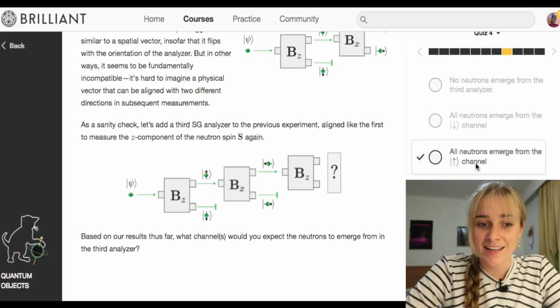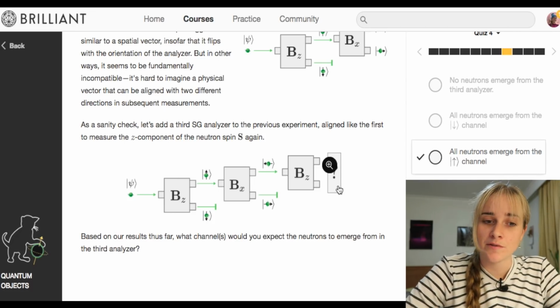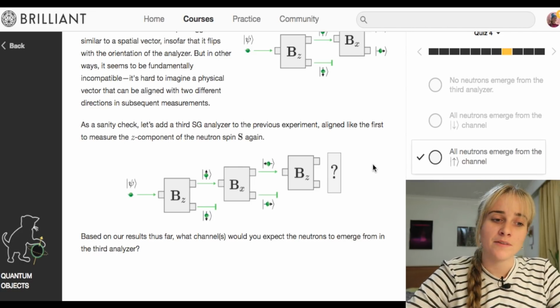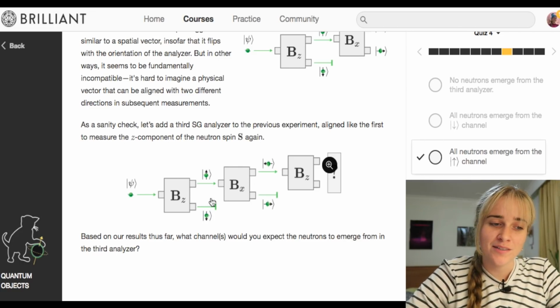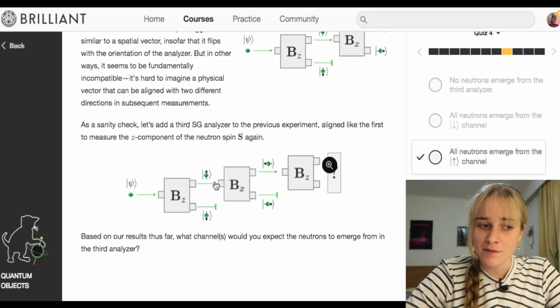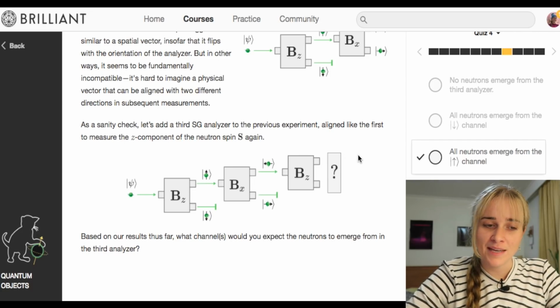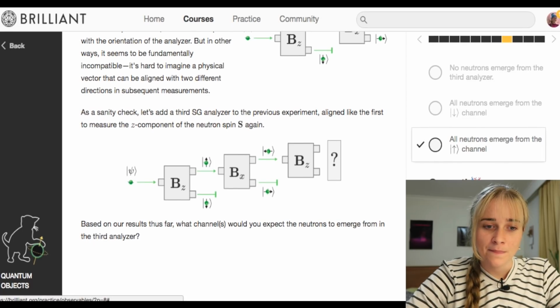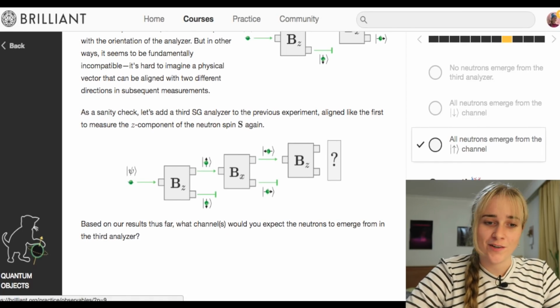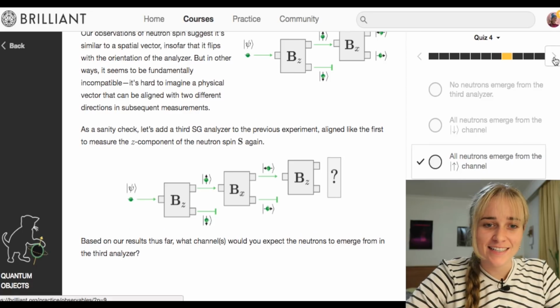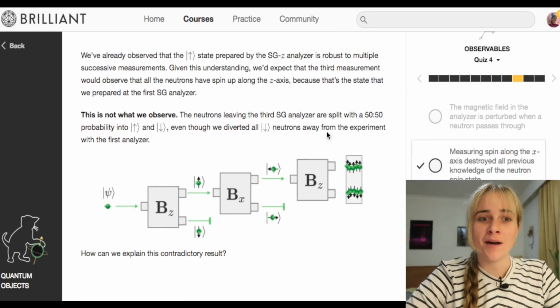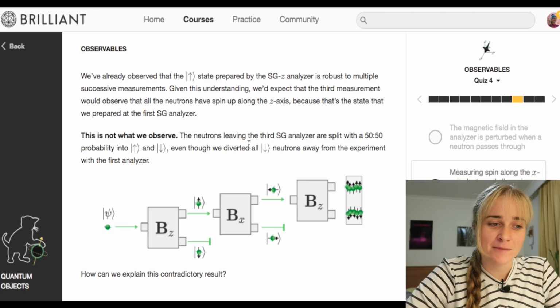Okay, so the answer I chose is what I would classically expect, that all neutrons would emerge from the spin-up channel. The reason I chose this answer was because if you didn't have this sideways one and you just put this one after this one, if you've measured it spin up in the first place, you should always measure it spin up again afterwards. That was an answer I was very confident on, and I was happy that it told me I was correct. So this kind of blew my mind, but when you go to the next page,